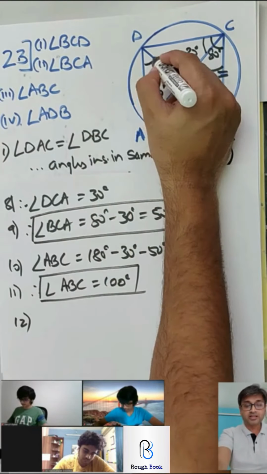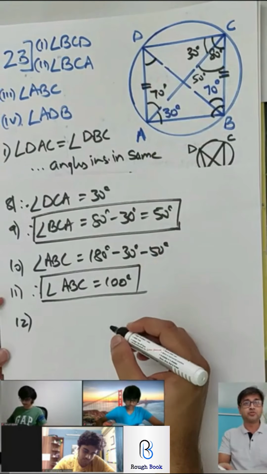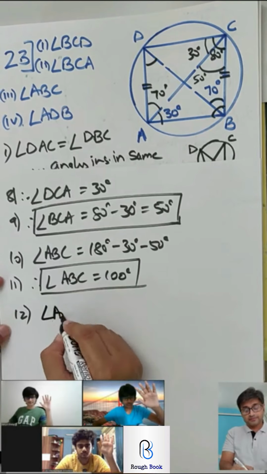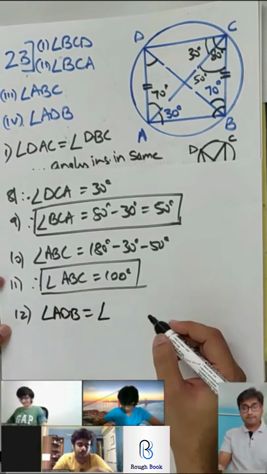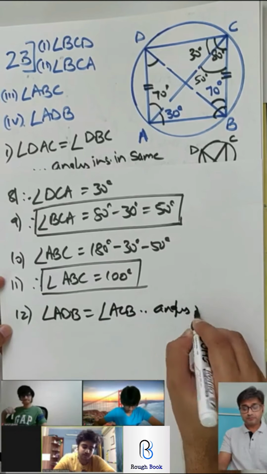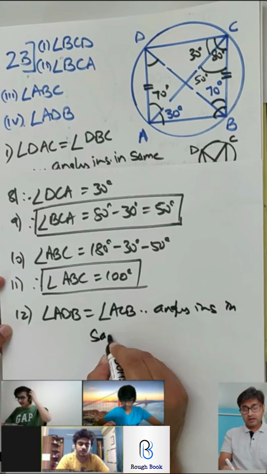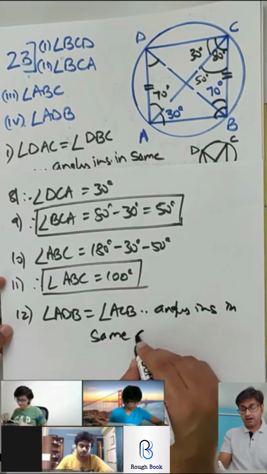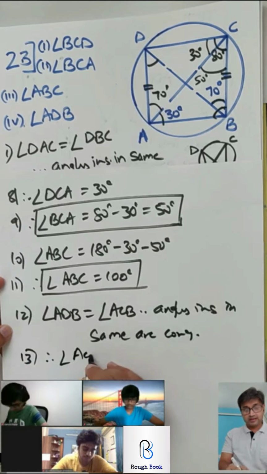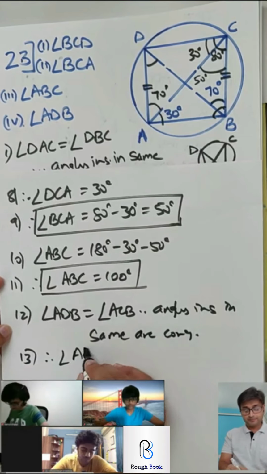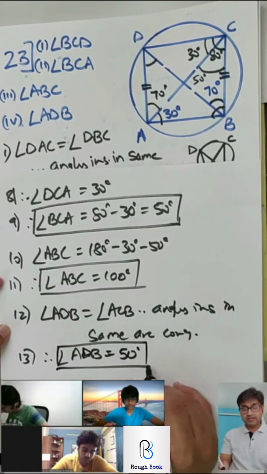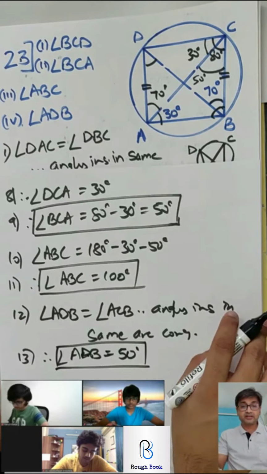Next one, ADB, the last part. Very simple. Come on, who's giving this to me? First hand goes up by Shubhayan. Yes, tell me. So we have already found angle ACB, which is 50 degrees. Absolutely. And because they're inscribed with the same arc, that's why that is also 50. Angles inscribed in the same arc are congruent and therefore this is going to be 50. That is angle ADB is equal to 50 degrees. And we get our last part to this triangle, and that's amazing.